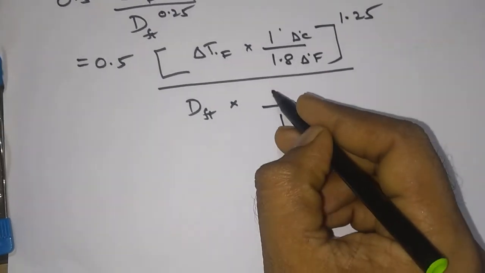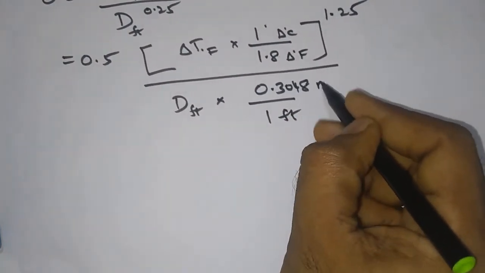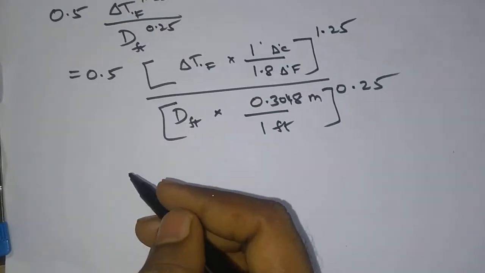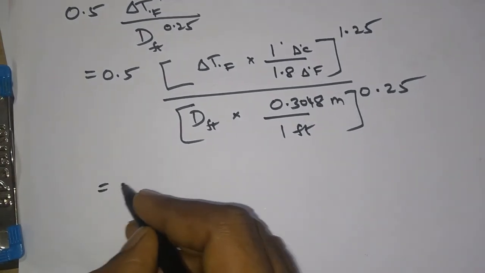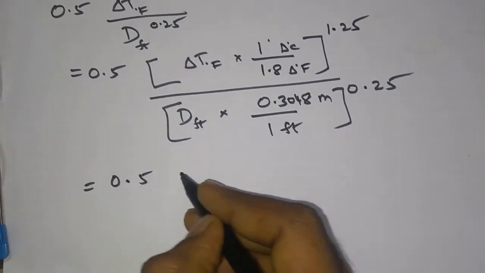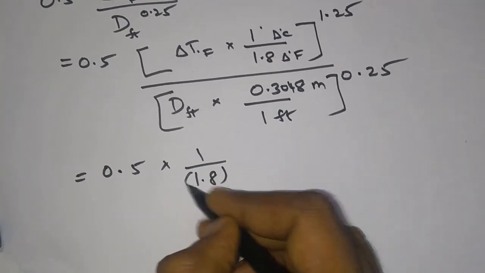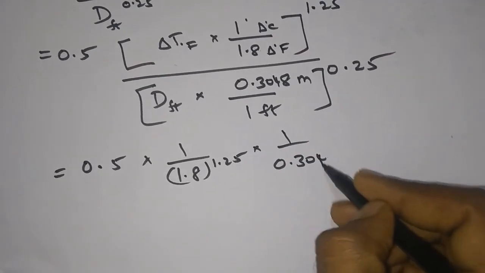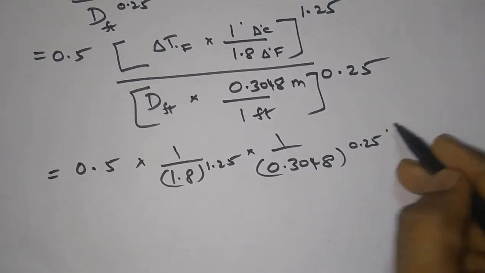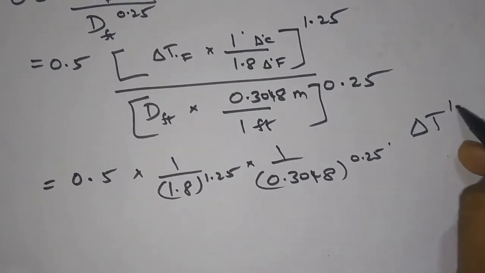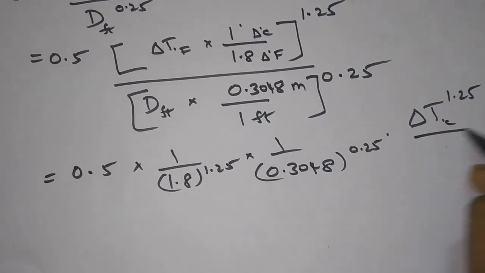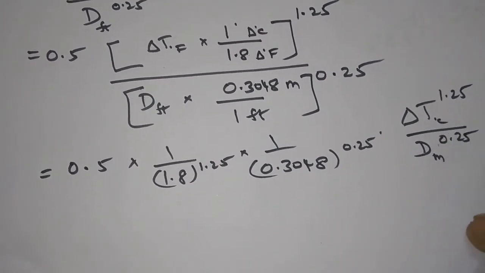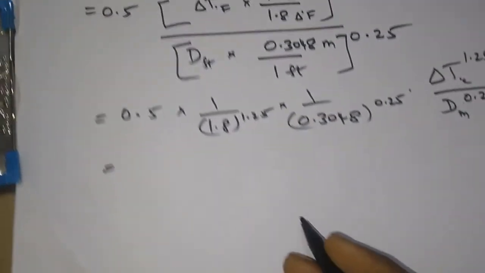1 feet is equal to 0.3048 meters, and this is raised to the power of 0.25. So what we get is 0.5 into 1 by 1.8 power 1.25 into 1 by 0.3048 raised to 0.25 into delta T power 1.25 in degree Celsius, divided by distance in meters to the power 0.25. Upon simplification, what we get is